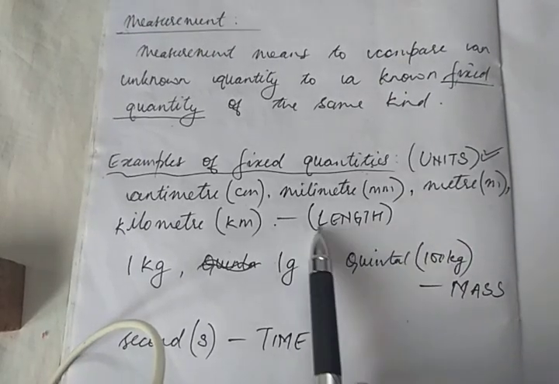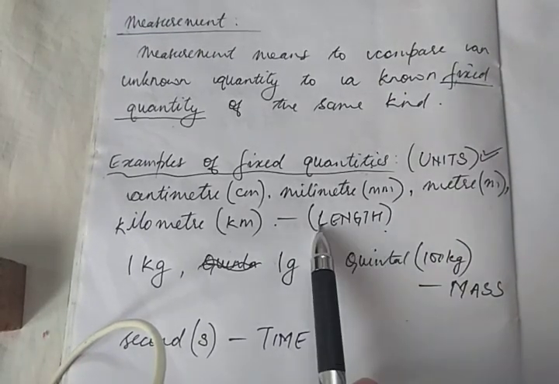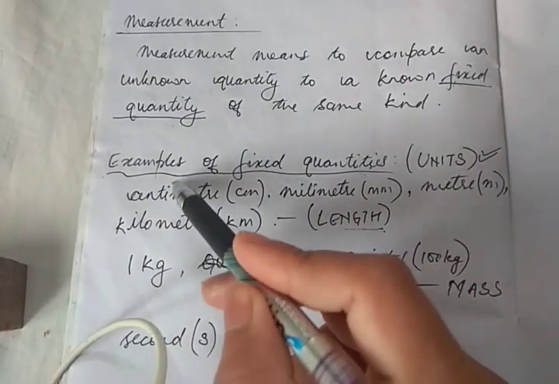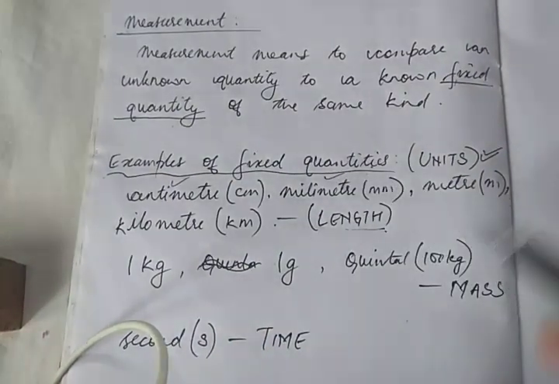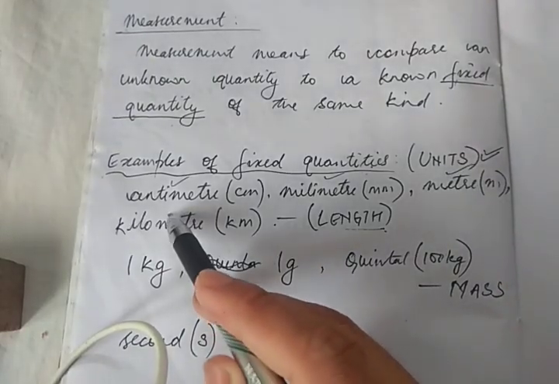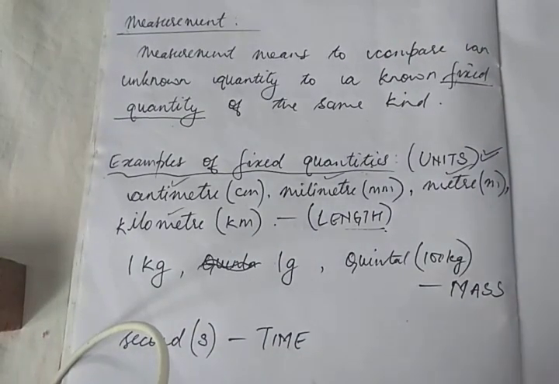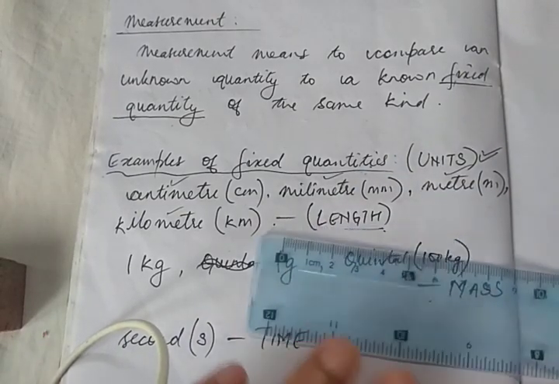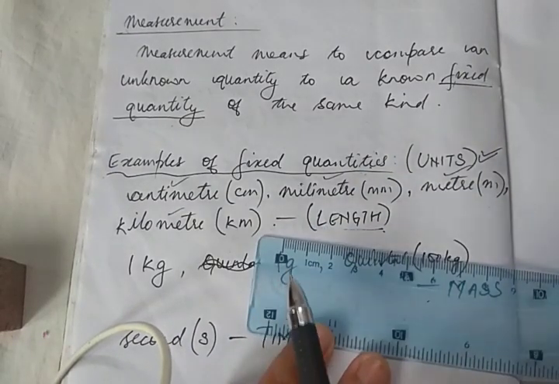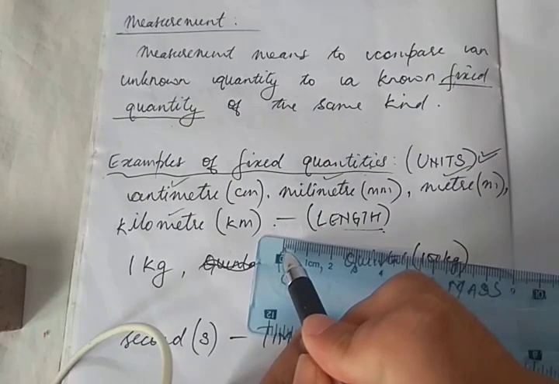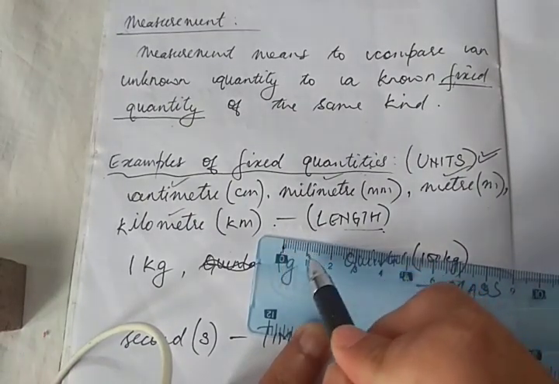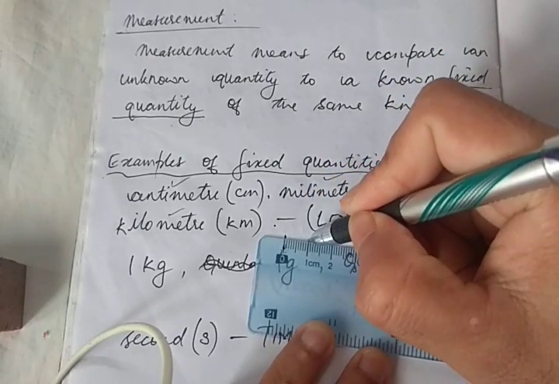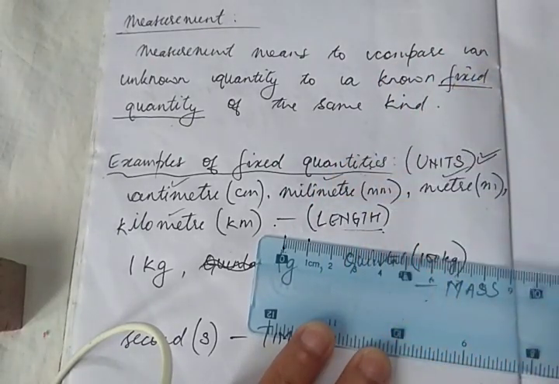In order to measure length, the fixed quantity they defined is something like a centimeter or a millimeter, meter, kilometer. The fixed quantity that they defined was something called a centimeter. Let me give you an example of a centimeter. So I have a ruler over here. So this is the 0 mark. So from this point to this point, that is 1 centimeter, as you can see